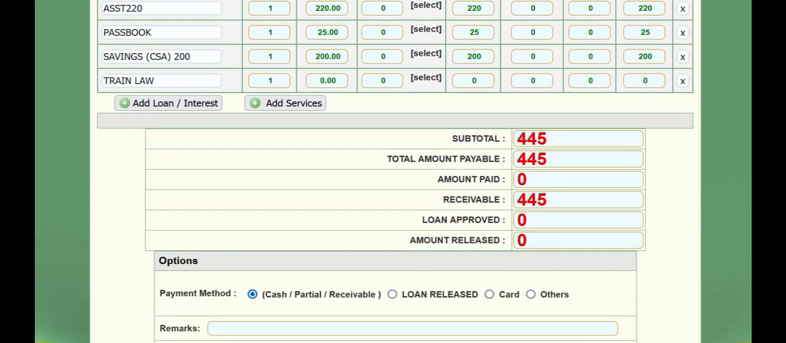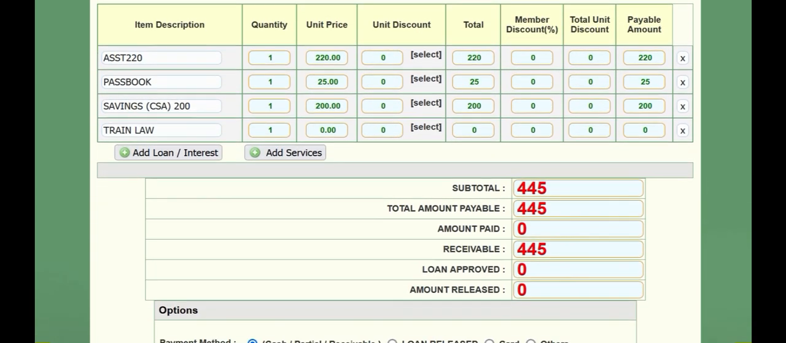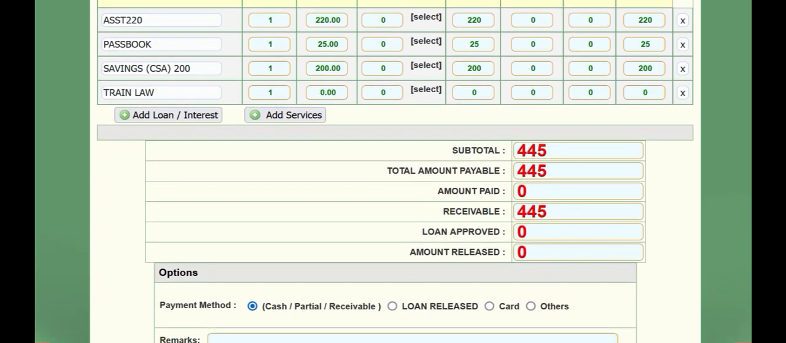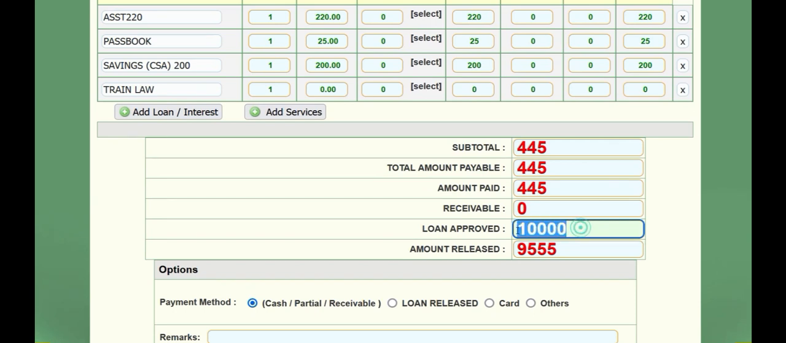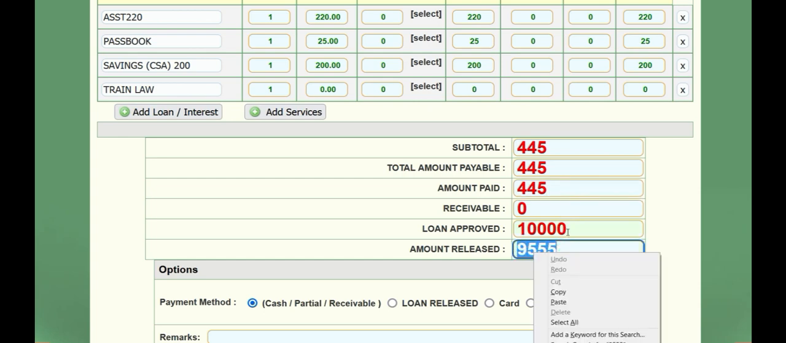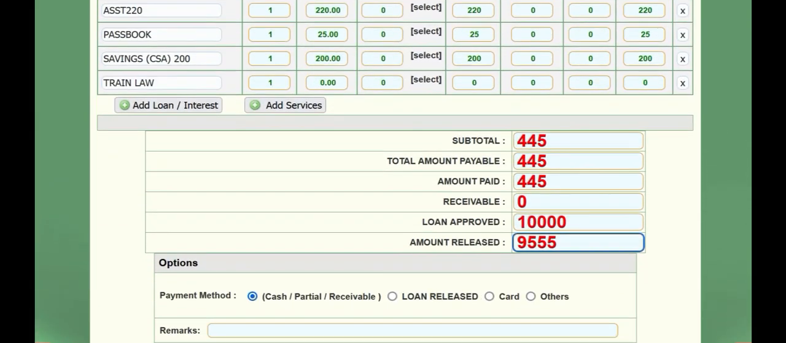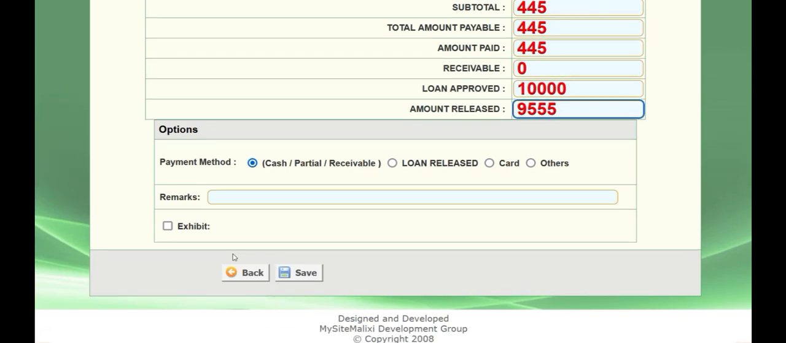These are the amounts that the lending company needs to deduct from the borrower's approved loan. You have to put here the amount paid because you will deduct this before you release the loan. For example, the loan approved is 10,000, just like this one. So less the 445 that needs to be paid for these services, the amount to release for that certain borrower is 9,555. So that's how you create a service invoice, and click Save